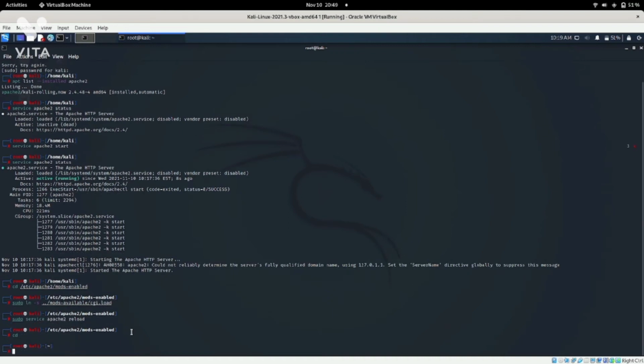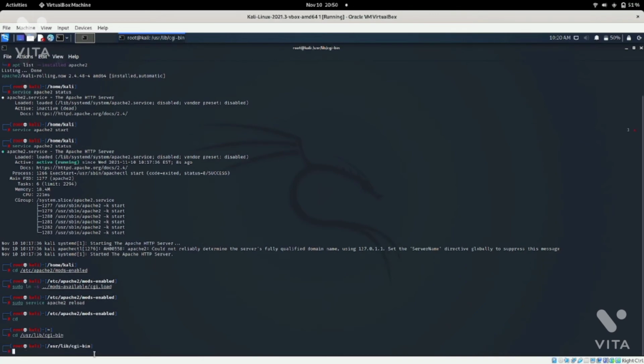After coming out, we have to go inside a folder named /usr/lib/cgi-bin. You have to come inside this folder.